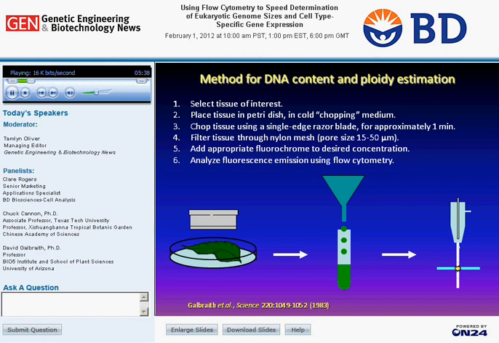So the porosity of the nylon mesh is 15 to 50 microns as needed, and then you add the DNA fluorochrome to the appropriate concentration and measure the fluorescence emission of the nuclei within these homogenates using flow cytometry. The next slide